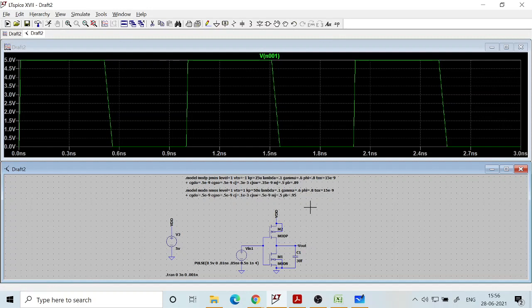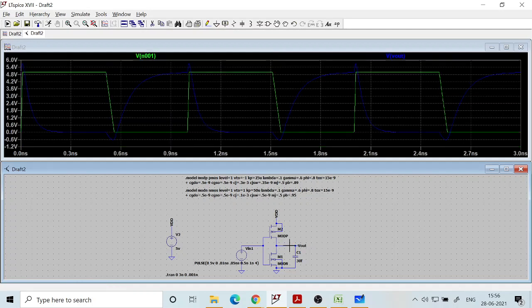If we now look at the output, because the rate of change of input is higher, I am expecting a higher peaking before discharging, but for a shorter time, because this exists only for a shorter time. That's what you see. So the peaking amplitude goes up, but the duration for which it rises reduces, because everything is over in a shorter time. So this is some of the charging and discharging effect.